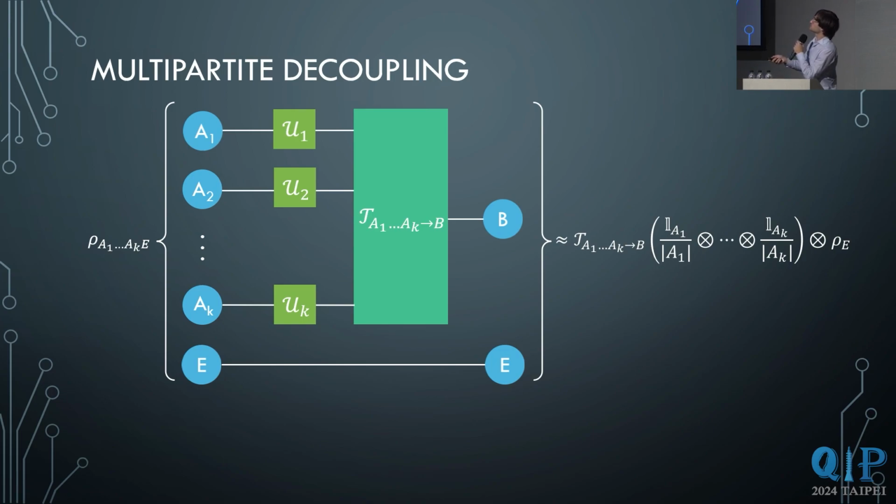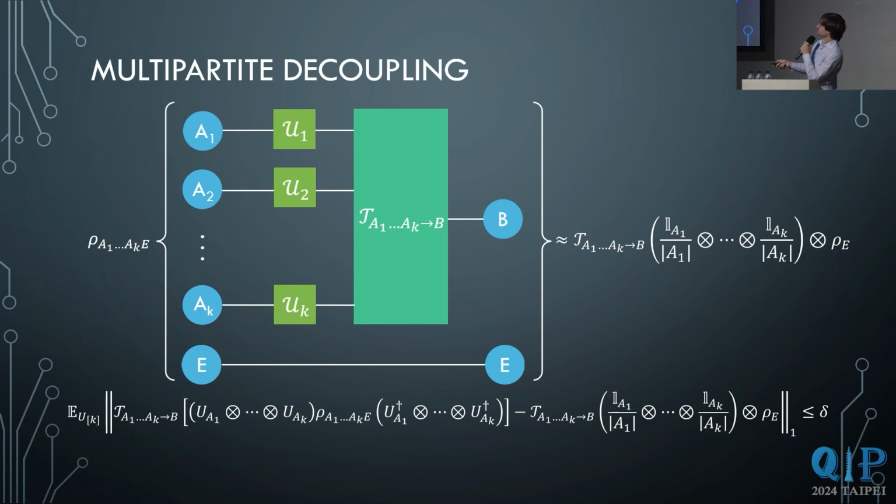And again, we want to bound this expression here, which again looks very messy, but it's the exact same thing as before. We have the quantum state where we have applied the random unitaries, and after that the CPTP map, and we are calculating the expected difference between this thing, our manipulation, and this thing that we are aiming for. So this uniform and uncorrelated thing.